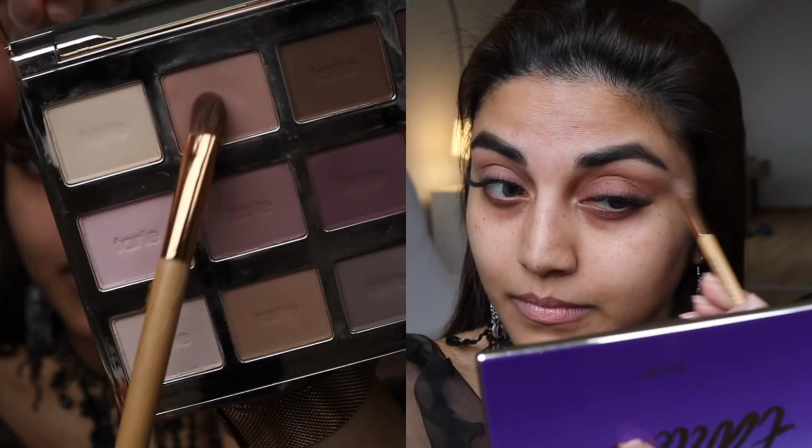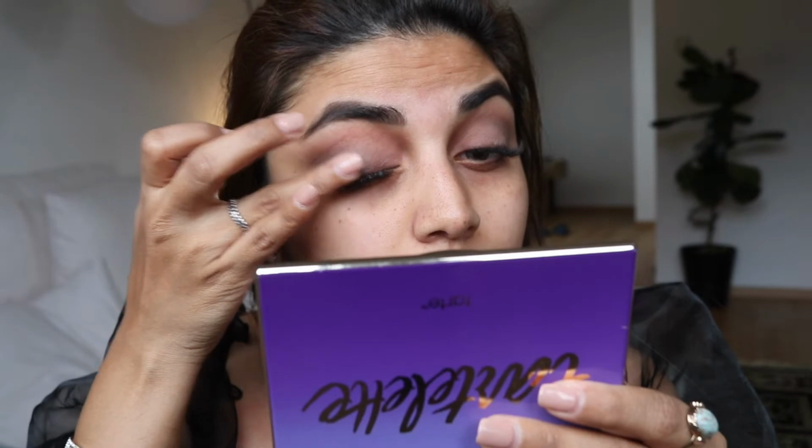I'm not too keen on bold colors normally, because I really like just having a neutral tone each time I do my makeup. But because it's Valentine's Day and I really want to do something nice, the first layer of shade that I'm going to do in my eyes, I'm going to take from the Amazon palette. I'm just pulling it all the way up. I'm going to take the shade called Power Play, which is a light ashy gray tone,